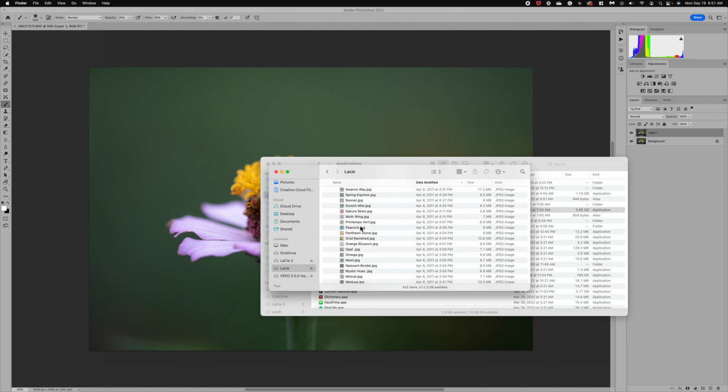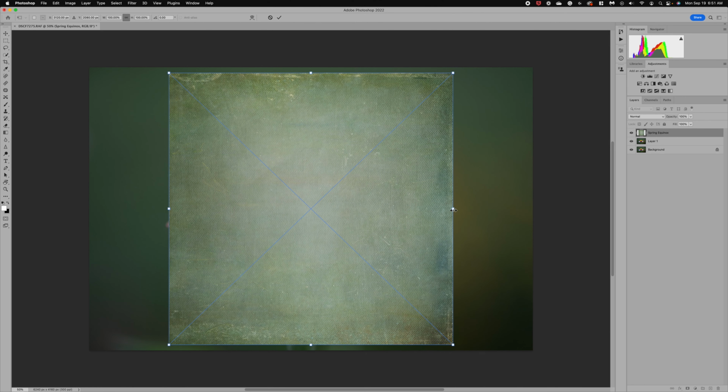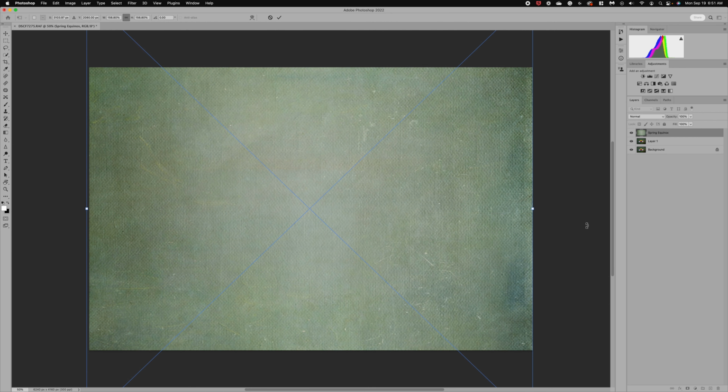external file drive, and I'm going to just grab one. Let's grab this spring one. I'm going to drag it over. And now I'm going to place it on top of my image and click the checkbox, and we'll see now we have our third layer. So we have the texture that we've brought in, and I can turn it on and off, and it is